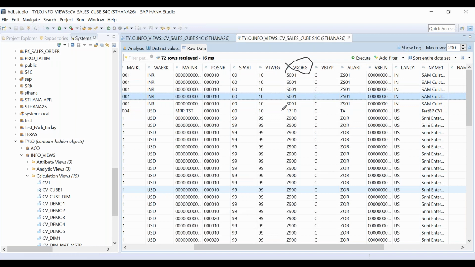I want the user to select the sales organization if he wants to see only a particular sales organization. So you have S0001, Z9000, 1710. The user can select any of them and see the data. All right. So what we will do, let's go to the calculation view.